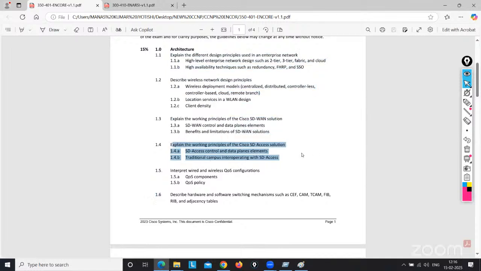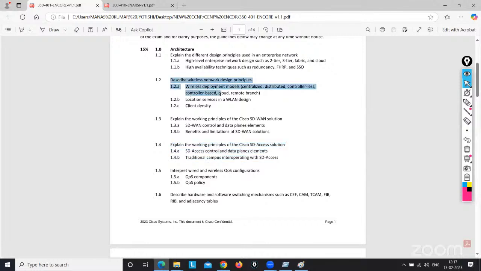So for that, I will show you, because we have the sandbox access. Anyone can access the sandbox freely. From the sandbox, I can show you how to deploy and how to create the site name, because without the site name, you cannot deploy a device. Once you deploy the wireless controller on that site and it is synced, every access point will be visible on the DNAC. Let me come into that topic.